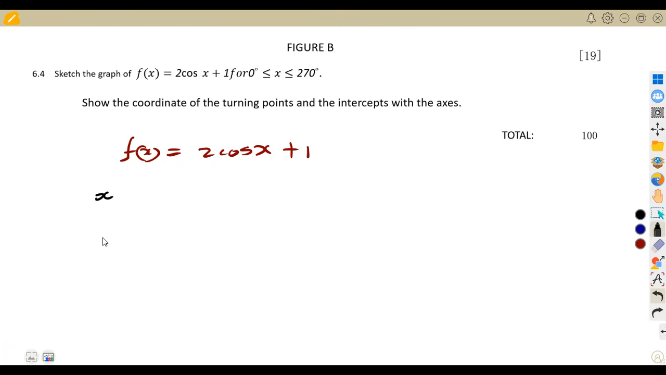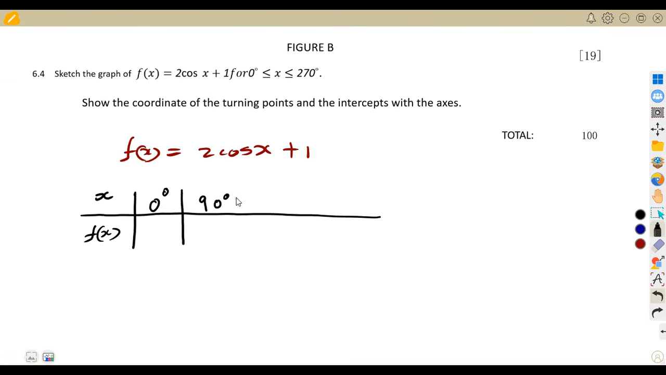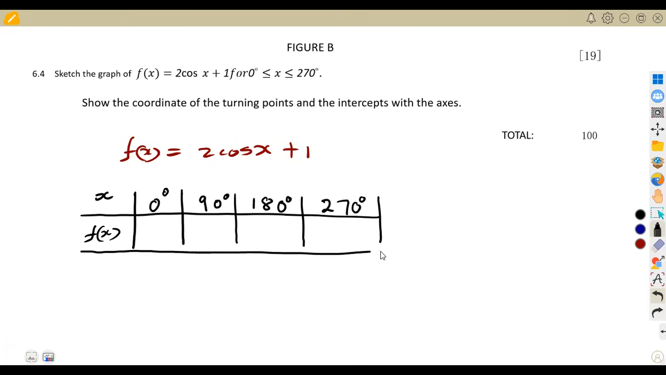90 degrees. So you're going to have our x and our f of x, which are the y values. If we separate by 90 degrees, it means we're going to have 0. 0 plus 90, that's 90. 90 plus 90, that's 180. 180 plus 90, which is 270 degrees. All right. So what you're simply going to do is to substitute this on your calculator so that you determine